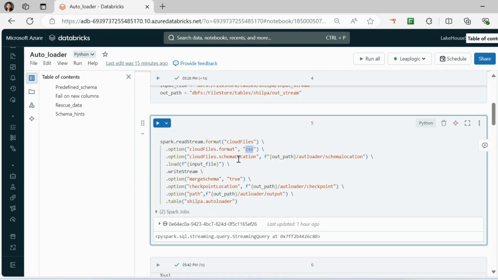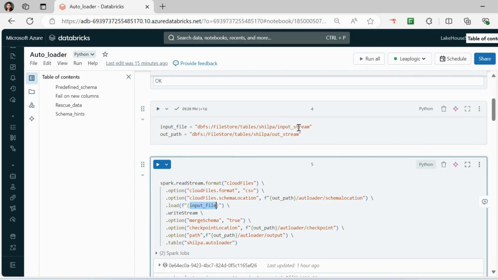Now, it needs to go ahead and create a schema location where exactly the schema will be saved. And I'll show you how the schema actually looks once it is saved in this particular location, once we run the particular commands. And in this particular input file, I will be reading this input file itself inside this input stream.